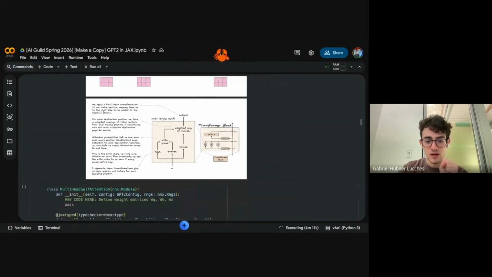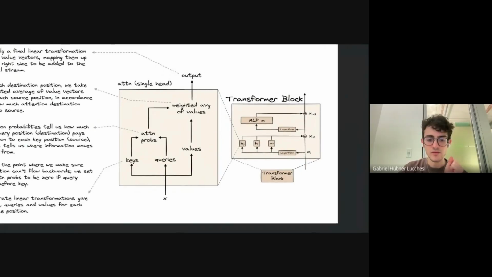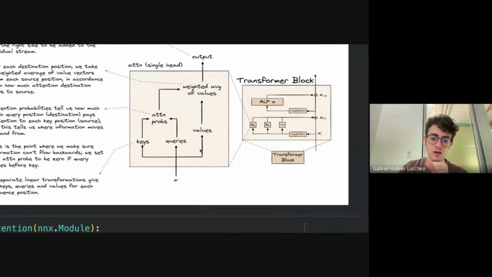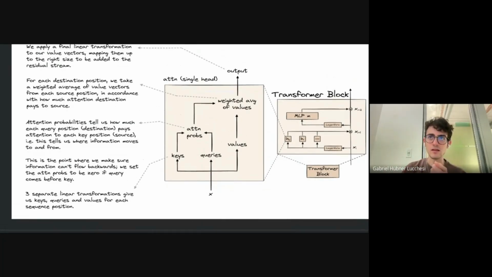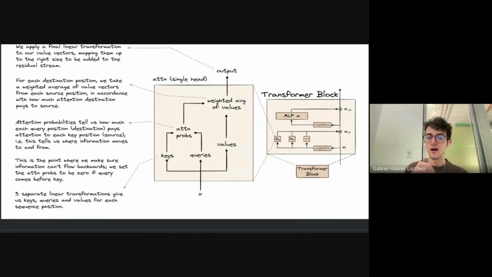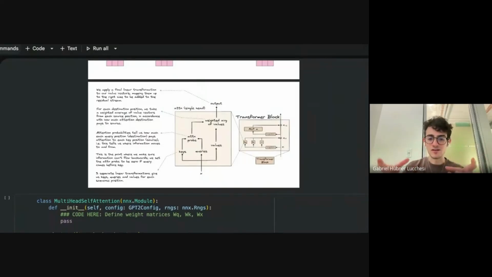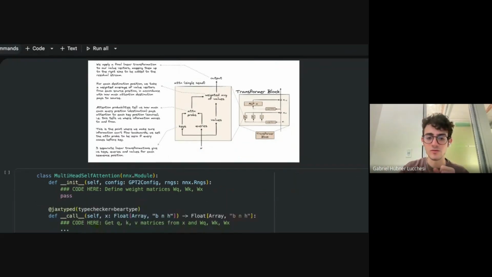For multi-head self-attention, this is how it looks. Essentially, we have the keys and the queries and the values. We're going to compute the dot product between the keys and the queries, which are just names, honestly. We give these names because of what's happening to them and not because of what we decided they're going to be named. It's really like, I know that I'm using these keys to find some similarity with my queries, so I'm going to just call them keys and queries. It could have been the other way around. Whatever is happening to them is what we decided to name it.